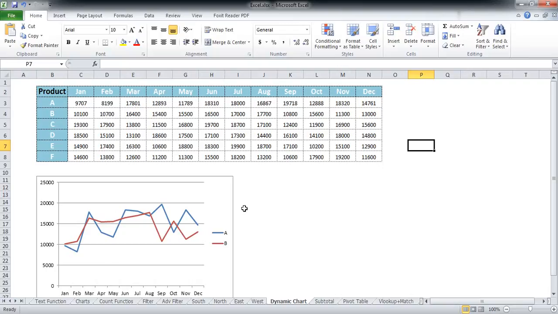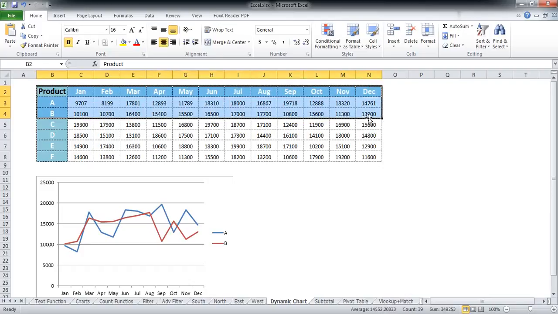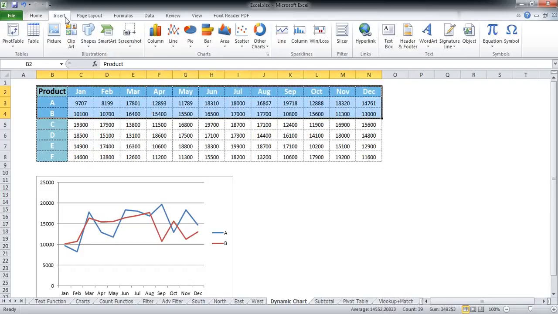This session is in continuity to our previous discussions on charting in Excel, and in this session we are going to learn about varied options associated with chart layouts in Excel. From our previous discussions we have seen that whenever we want to create a chart in Excel, all we need to do is select the data on which we want to build the chart, go to the insert tab over here and then select the requisite chart.